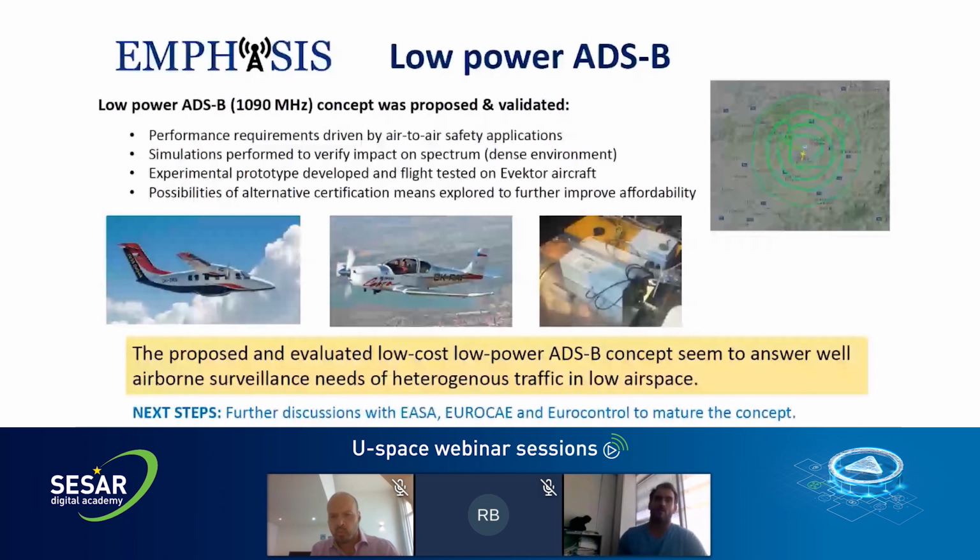It shows acceptable. What we proposed is a power of 10 watts, which means detectability of about 10 kilometers. Simulations show this is enough for emergency maneuvering for the users and speeds that are typical for this type of airspace. We developed an experimental prototype and tested it with two vectored aircraft,